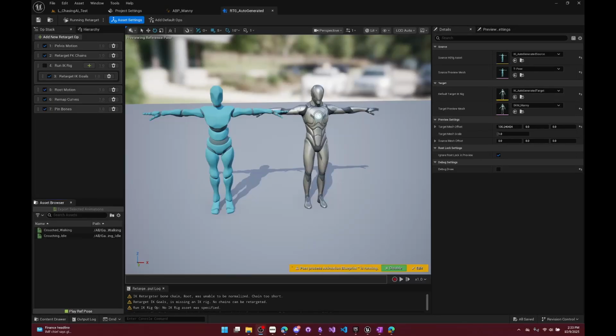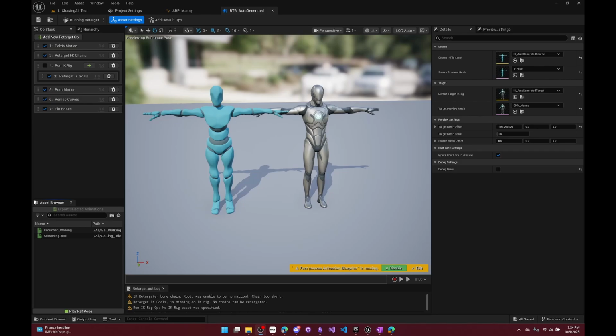In our last video, we went over the process of importing characters from Mixamo and applying those animations to our Manny character. So in this video, I want to quickly go over the process of using alternative characters. So if you're creating your own character or you found a character on the marketplace that you really like, I want to take a look at how we can use those in place of the Manny skeleton or retarget the